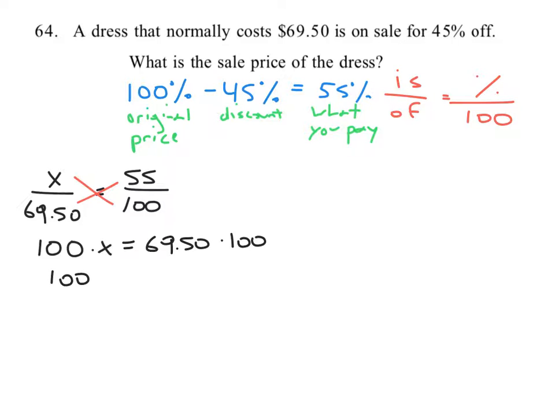That becomes 100x. Sorry, I said that correctly. 69.50 times, what's diagonal from it? 55. I made the mistake there. Sorry about that. 55. Okay. So we then get 100x